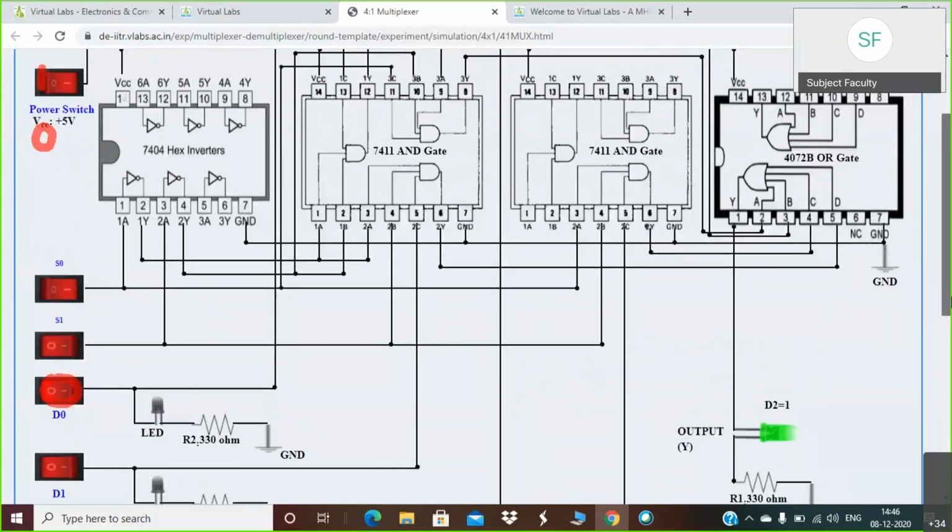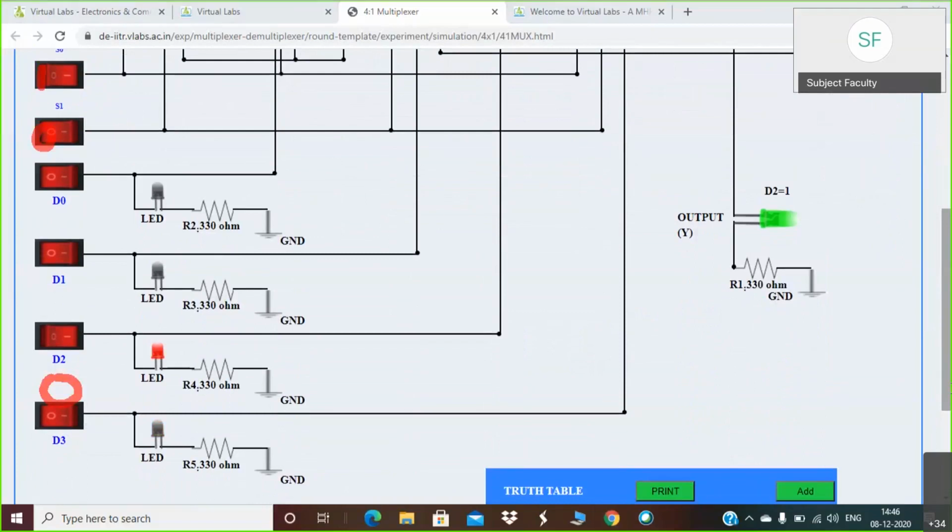Now the final thing has remained. For the final reading, both S0 and S1 should be 1, 1.